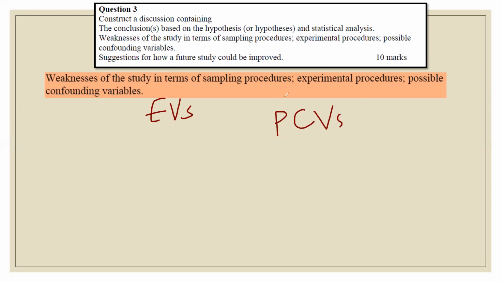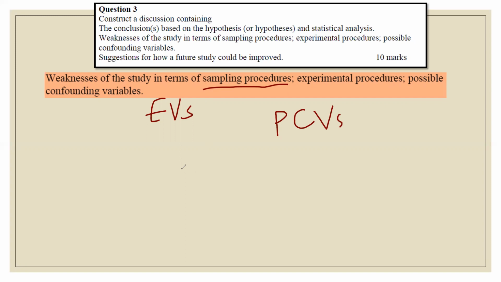Were there any issues in terms of the sampling procedures that were used? Okay, what about the experimental design that was used? Okay, were there any issues with ethical principles being breached? Were participants put in any kind of harm there? Okay, so essentially what we're doing is we're taking this study and we're critiquing this study to the best ability